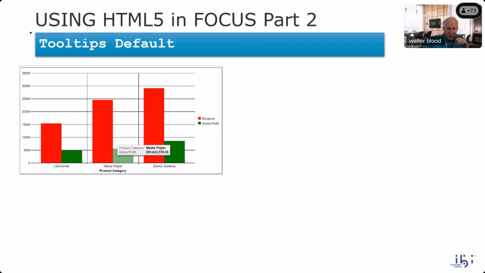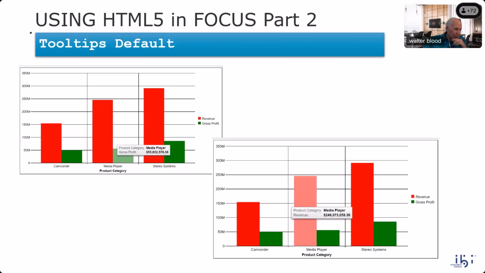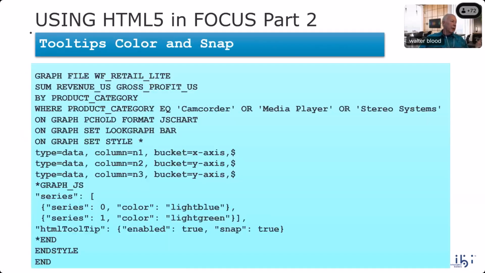So this is one bar. The other bar for the media player is shown right here. Okay, so you have both of them available to you. Now, that's nice, but we can change that if we want. We obviously can change the color,